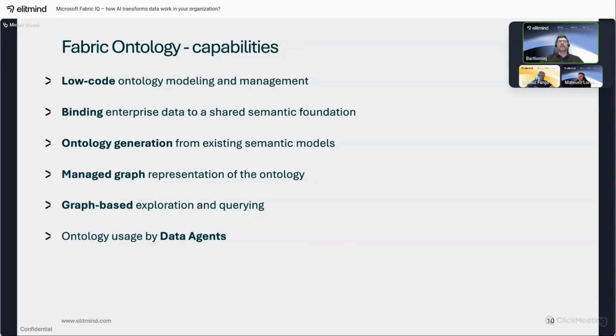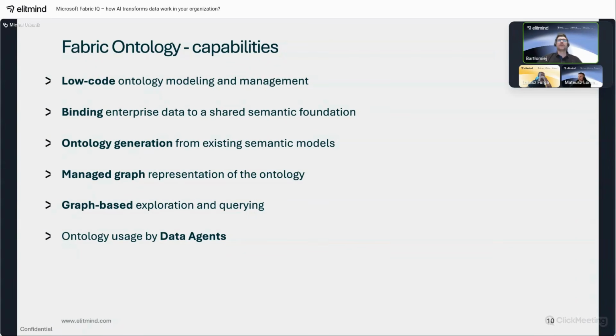The second capability enables us to use existing semantic models to generate the ontology, to have a starting point for our ontology creation, just to not start from scratch.